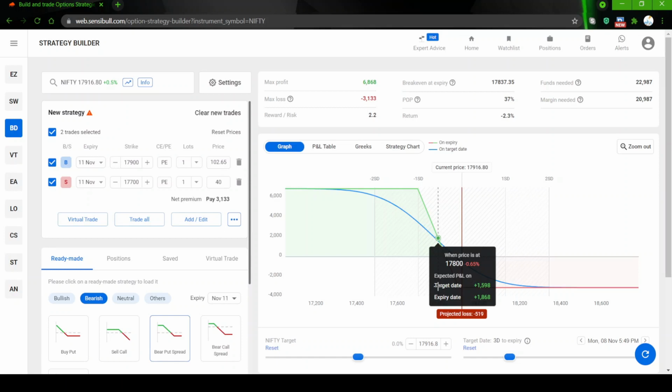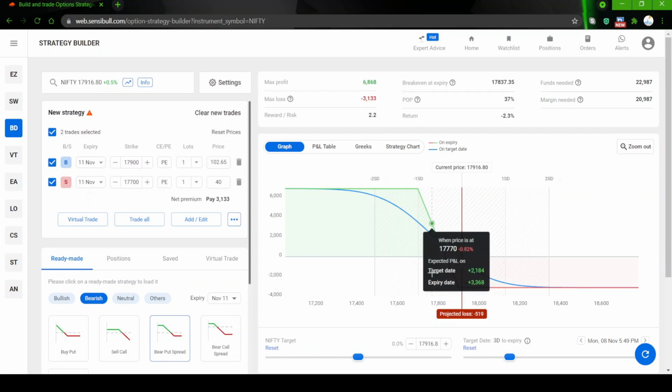You can watch that video and learn the option basics on intrinsic value, extrinsic value, what are the option Greeks, what is gamma, what is beta, what is theta, what is Rho, and what is Vega. All those you can learn in that option basics video. This video is only for the vertical spreads, thinking that you have a basic knowledge of options and how they behave on different strikes.